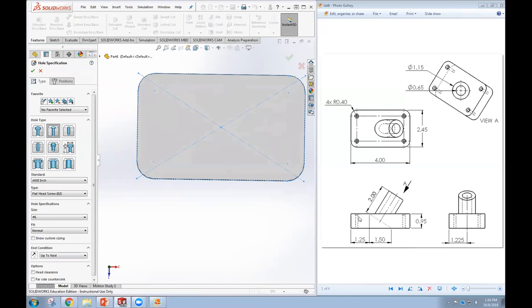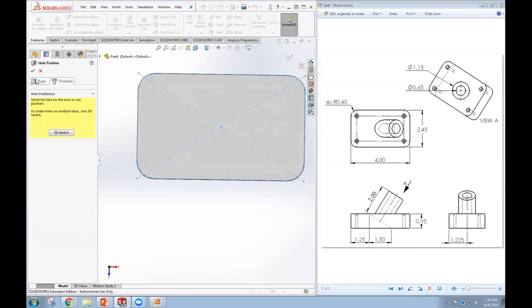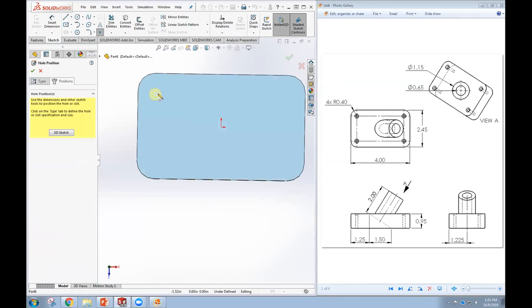And I know just because I can see that they're countersink holes, because I've got that angle there. So it's countersink, and for the position, now we're going to do something interesting. I can see that the center of these holes is at the center point of the fillet. So instead of doing a linear pattern, what I'm going to do